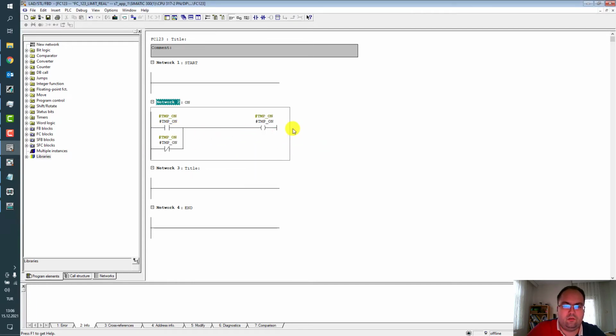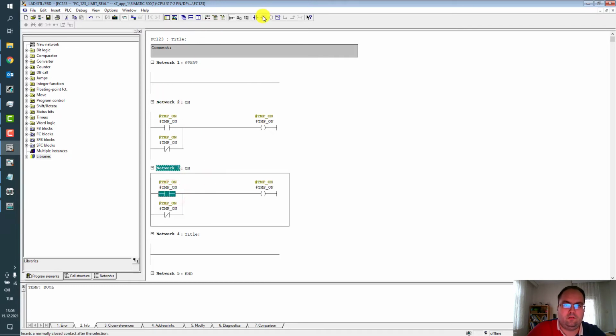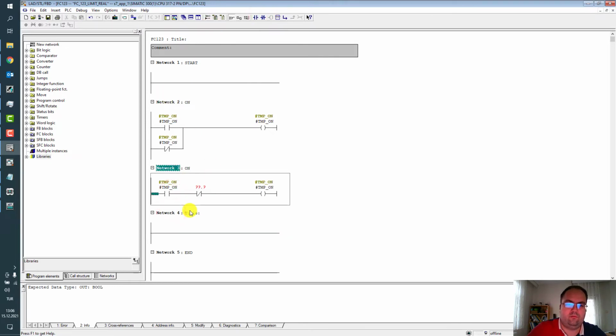So with this way you can create an always on variable and an always off variable.